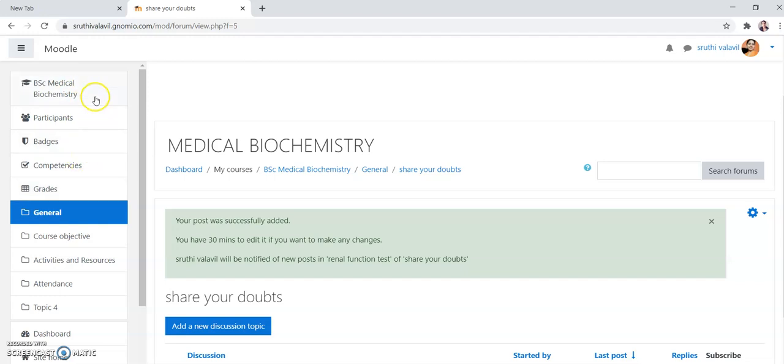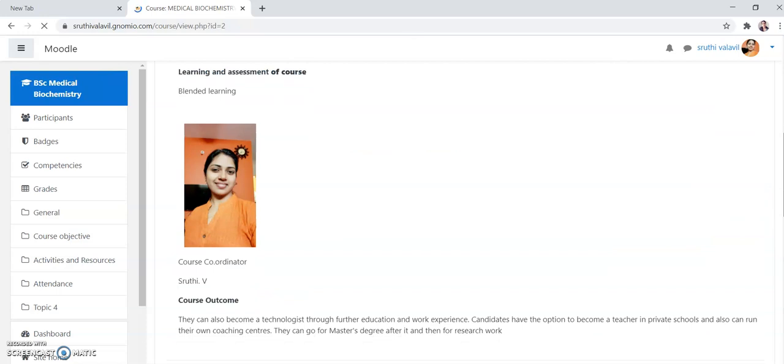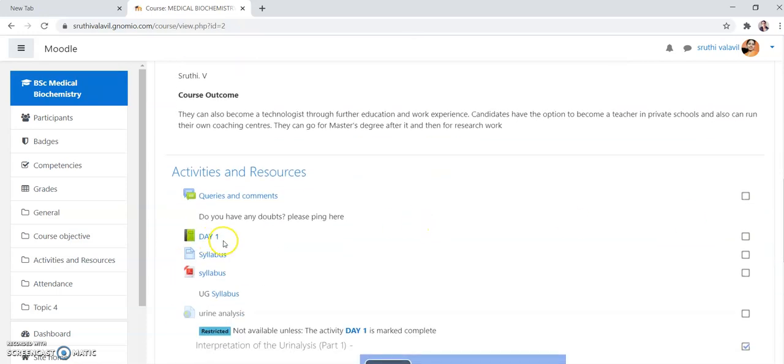Here the course will be instrumentation or pathology, hematology, parasitology, like that. Clear? According to your course, you should select that course, go to your course page, then click the day 1 option. Here I denoted it as day 1.